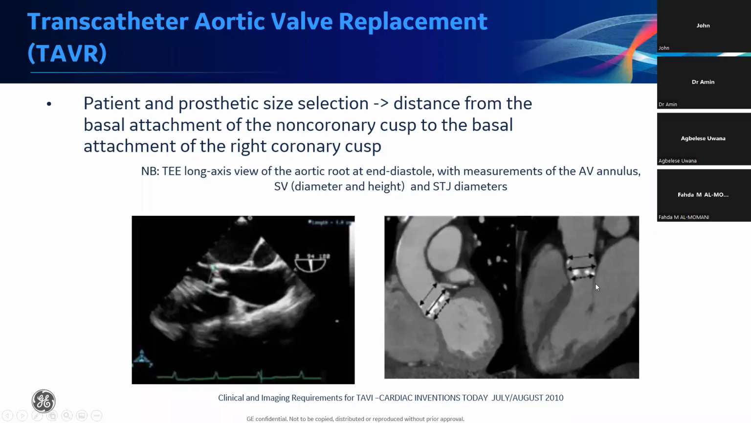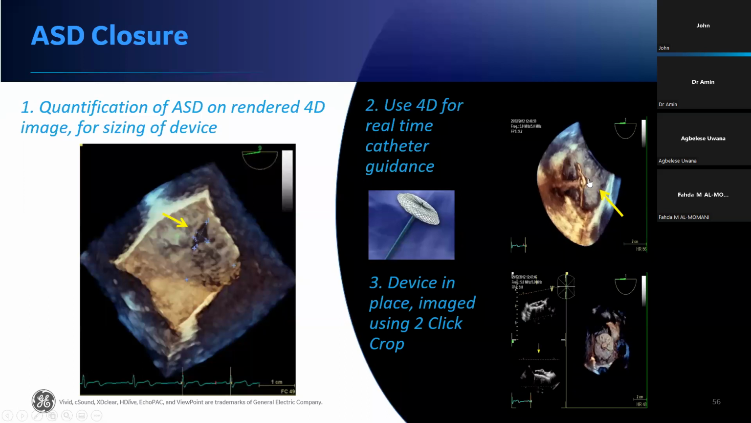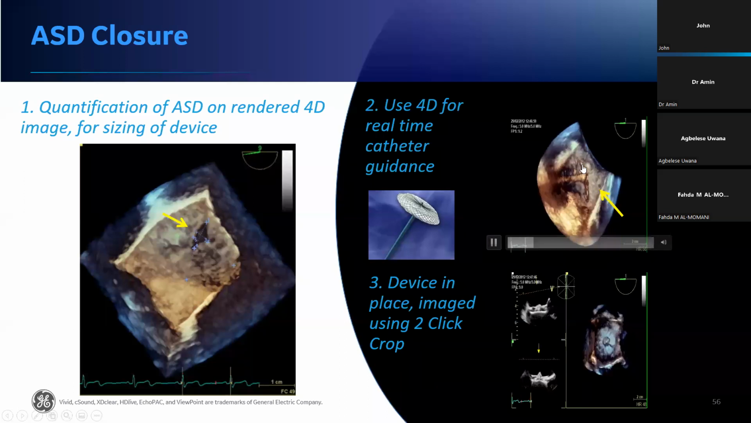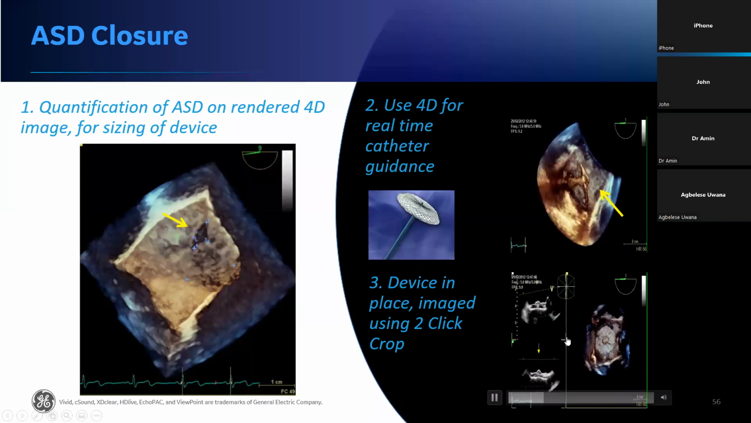This is TAVR, pre-planned landing zone and sizing on CT, and then guidance in echo. This is an ASD closure with an Amplatzer device. Again, you can see during the procedure, one of the chutes is open. You can look at it from different angles, of course, because we are still positioning it for the other chute to open. We're looking at a side angle. Once you finish, you're looking at an in-face angle. So you can again